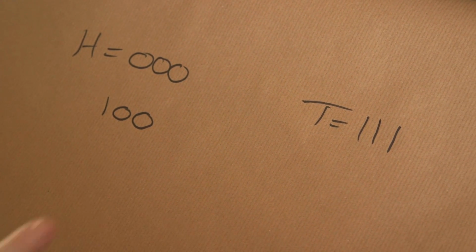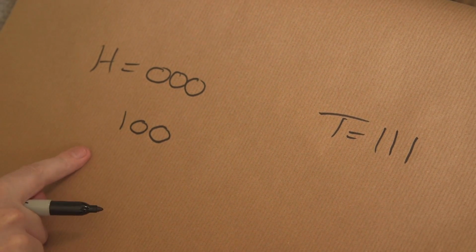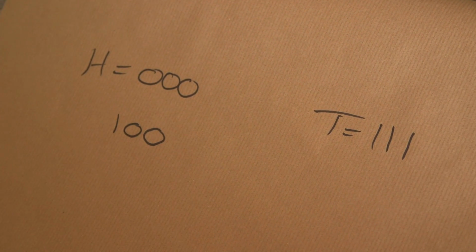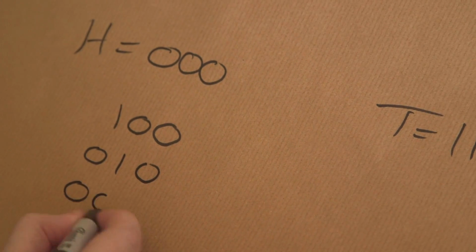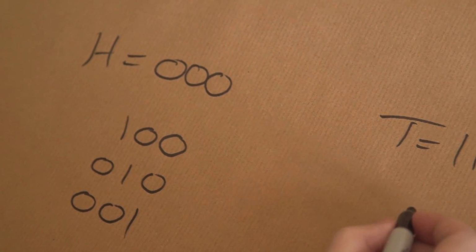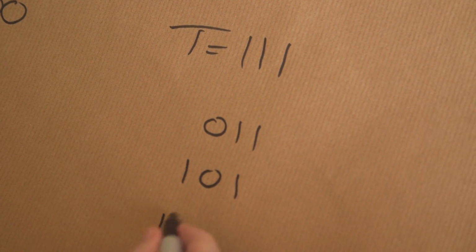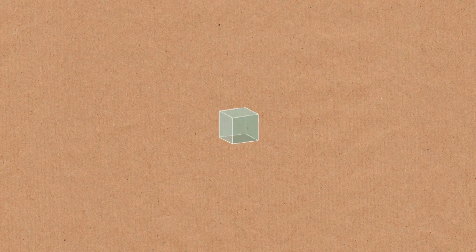Now, I don't know which one it is, but I would say it's more likely to be heads, because there's only one mistake for it to be heads. If it was tails, that would be 2 mistakes. So I might interpret that as heads. In the same way, if I received 0, 1, 0 or 0, 0, 1, I would say those are heads. If I received 0, 1, 1 or 1, 0, 1 or 1, 1, 0, I think they're more likely to be tails. So that means that this list on the left gives me all the messages that I'm going to reinterpret as heads, and the list on the right gives me all the messages I reinterpret as tails. So it helps me fix mistakes.